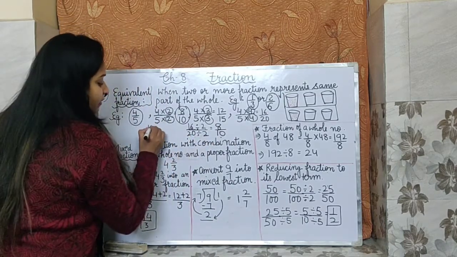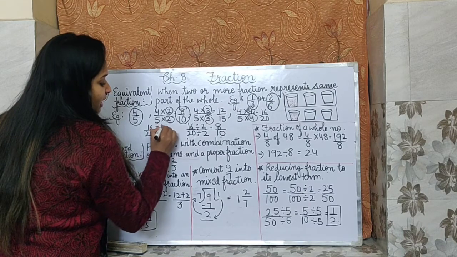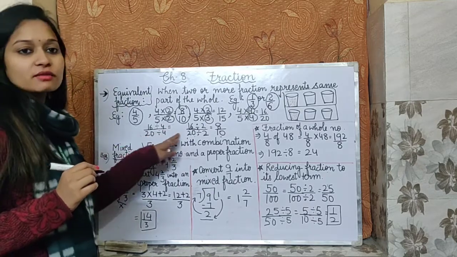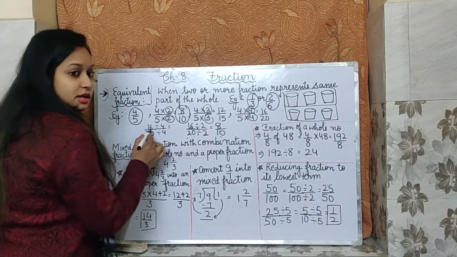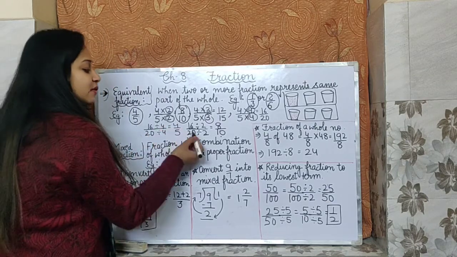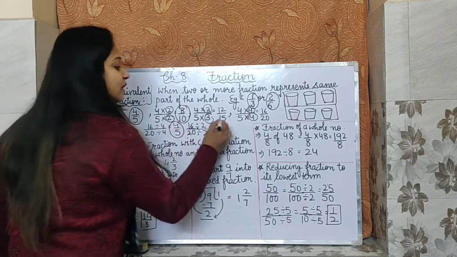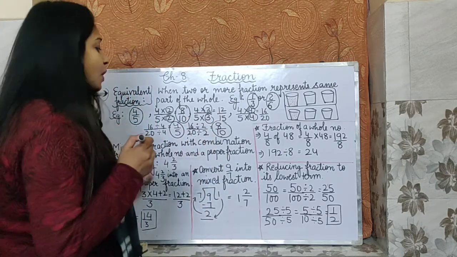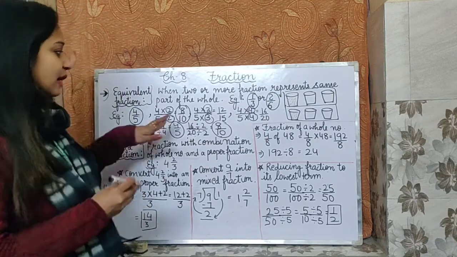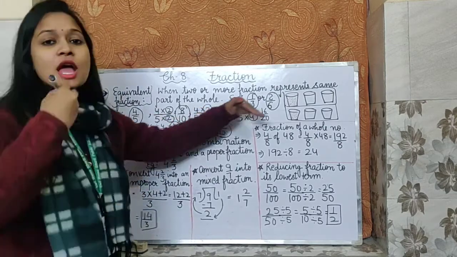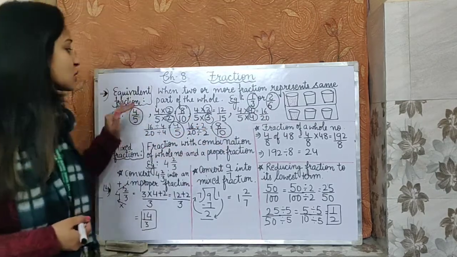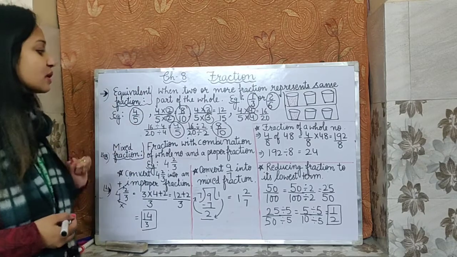Also I can find an equivalent fraction of this if I divide with 4. If I divide with 4, then also I can find an equivalent fraction, because both numbers come in the table of 4. 4 4s are 16 and 4 5s are 20. So equivalent fractions of 16/20 are 4/5 and 8/10. This is how I can find equivalent fractions through division also. But mostly I find through multiplication, because I can go n number of times without thinking whether it will come in the table or not. So this is the concept of equivalent fraction.